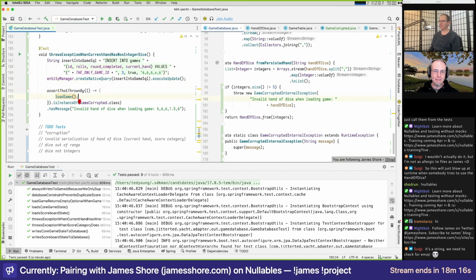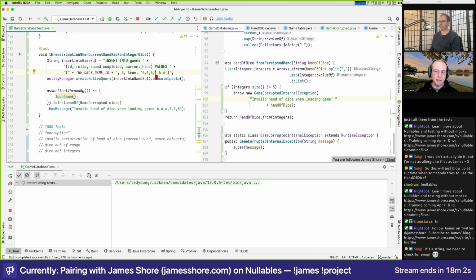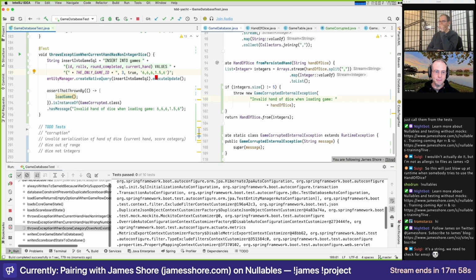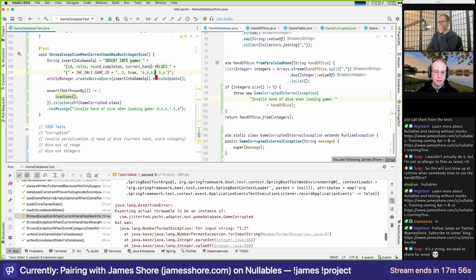Actually, we don't. I wonder if we should check for just. I think this will handle the same case as. Yeah, because we'll probably need to do something around, is integer, something like that? No, I think it will just throw. Well, let's see what happens here. Yeah, so here's a number format exception. So I think anything that is not an integer will fail appropriately.